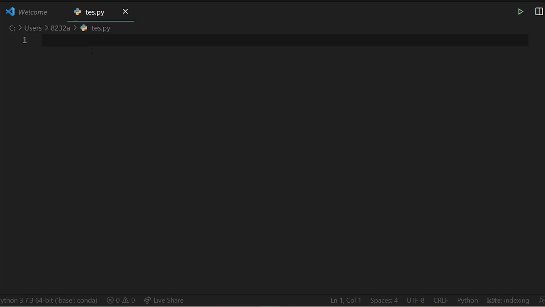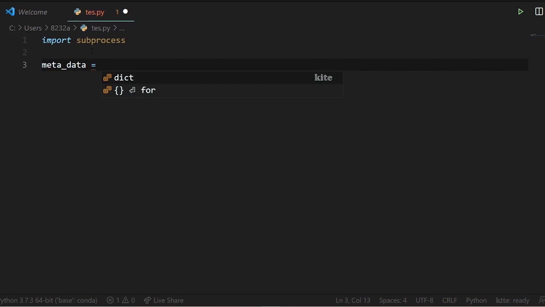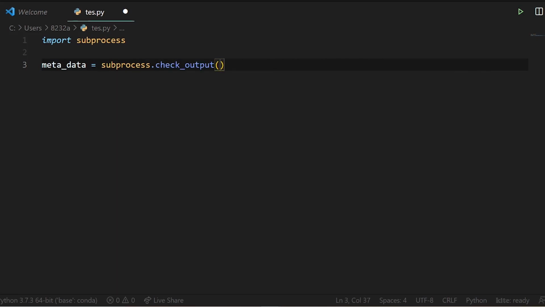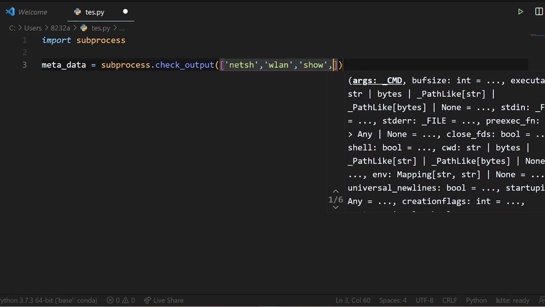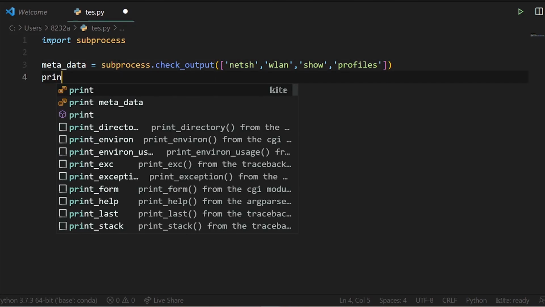The first thing that we need to do is import subprocess. So I'll say import subprocess, and then I'll define a variable called meta_data. You can name it anything. I'm naming it this. And then what we are going to do is say subprocess.check_output, and this check_output will take one argument that's going to be a list, and that list is going to contain our command in this format: netsh wlan show profiles. So this is the first command which will give us all the Wi-Fi profiles, and let's print it out first and see what we are getting: